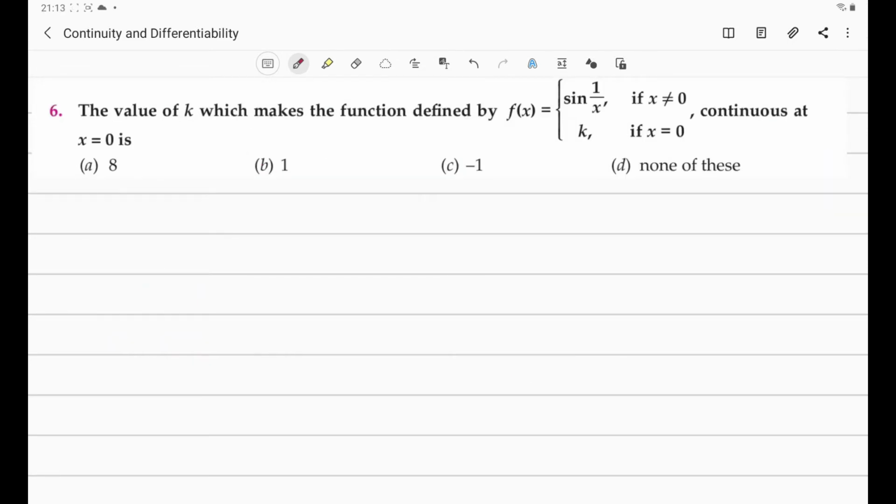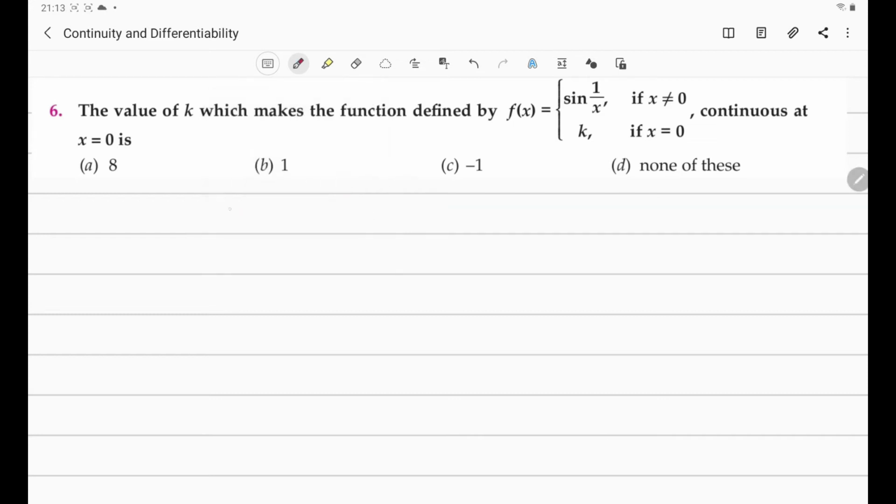Number 6, the value of k which makes the function defined by f of x is equal to sin 1 by x if x is not equal to 0 and is equal to k if x equal to 0 is continuous at x equal to 0 is. So, we have to find for what values of k is the function f of x continuous at x equal to 0, and here we observe that